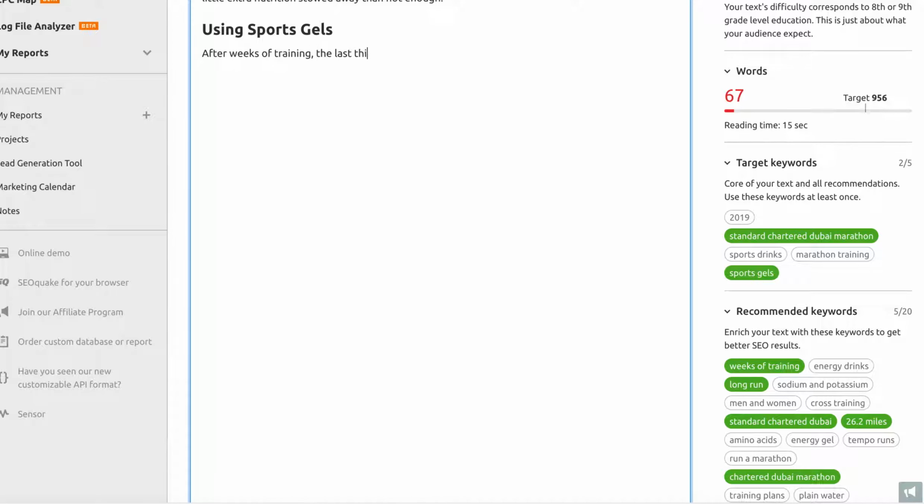The last finish the race. Great way to fuel up sports gels. Okay,